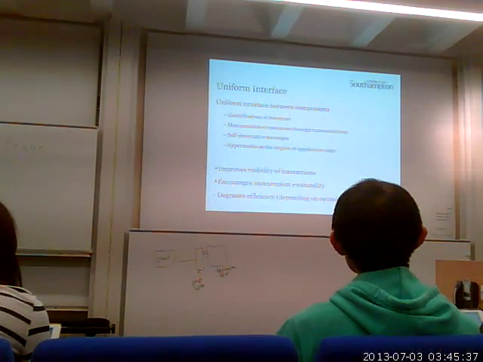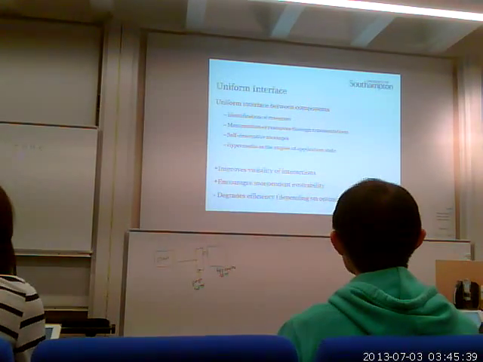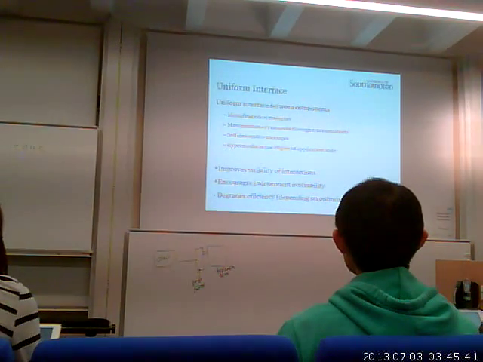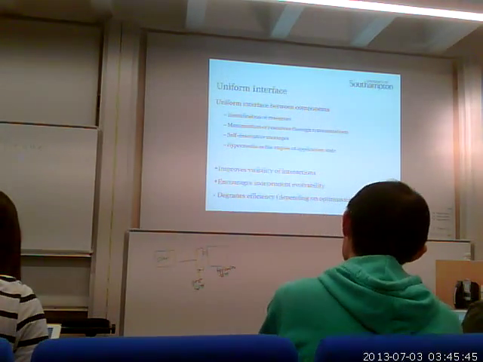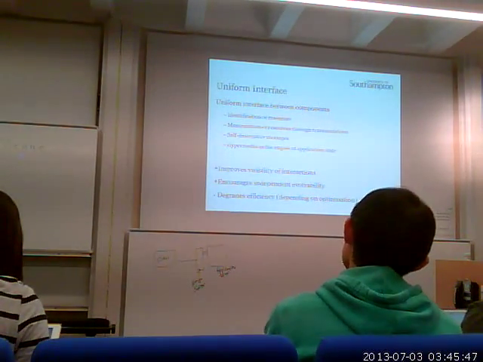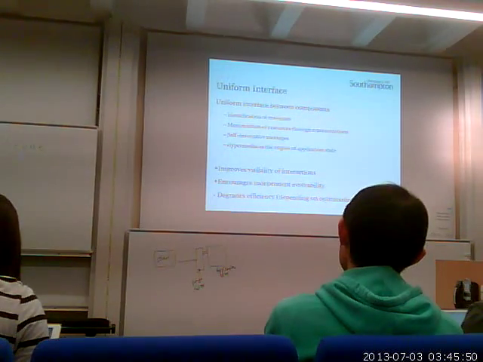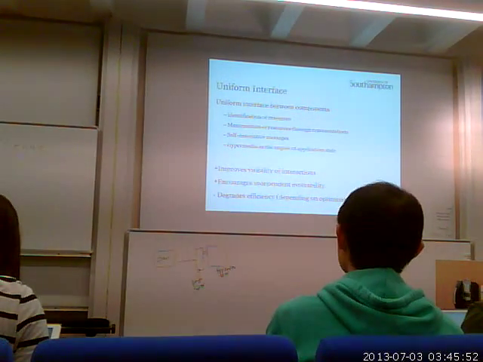So it's not all machine understandable, so that there is an element of understanding the information. And then the fourth thing that fits into this uniform interface, and we're going to talk about this a lot more further on in the slides,